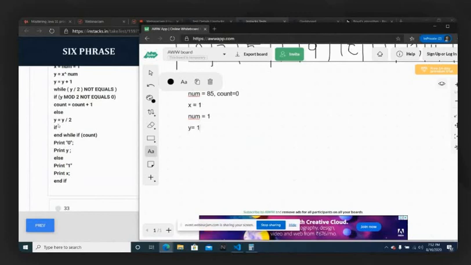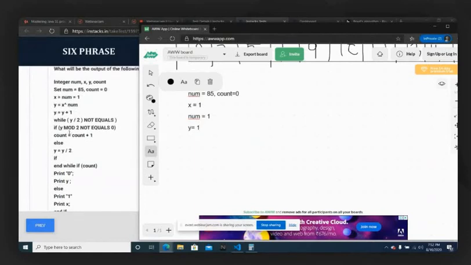Now what we have to do is start again. We will have to start back again from the while. But here, y is 1, and 1 divided by 2, the whole number is 0. So 0 not equal to 0, the condition fails, and then you come out. And you see here, count is not even incremented by 1 because count remains 0, because this if condition is not even true one time.